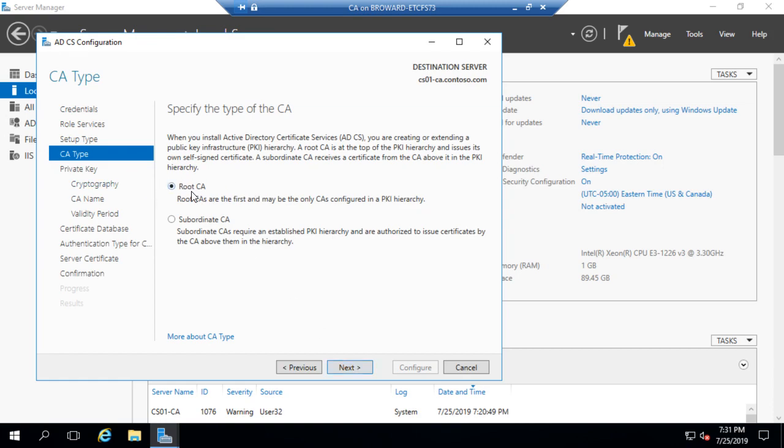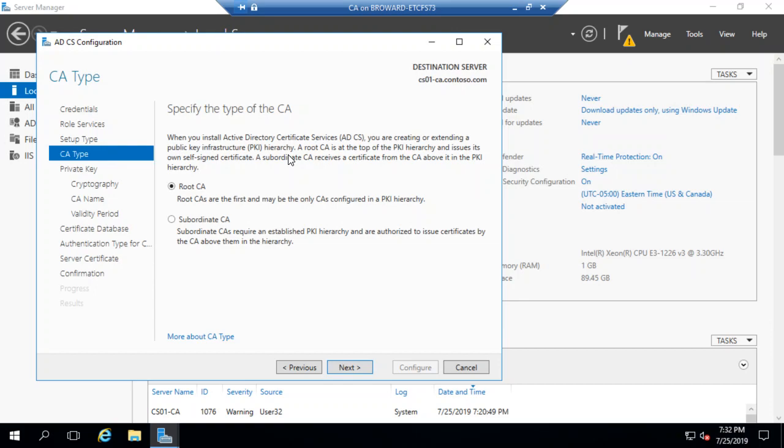I'm creating a root CA. In reality, you use a root CA to generate a certificate signing certificate, and then you issue that to a subordinate. You're supposed to take your root CA offline and put it in a secure location like Iron Mountain. You aren't supposed to use your root CA normally. The only time you use it is when the certificate expires for the subordinate. You bring your root CA back online, issue a new certificate for your subordinate, and from that point on, your